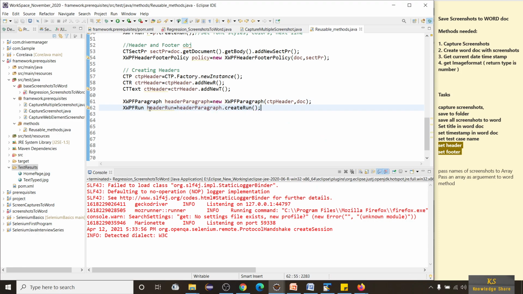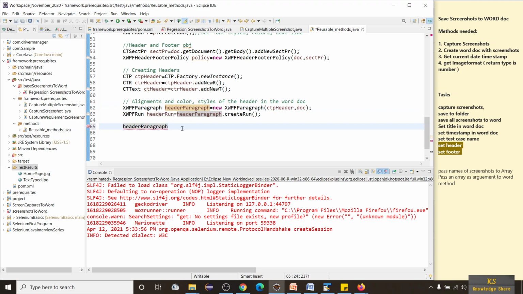Now using this header run and header paragraph, we are going to set the alignments and the fonts and the colors. So I'll set the alignments and color styles of the header in the Word doc. Now I'll use this header paragraph.